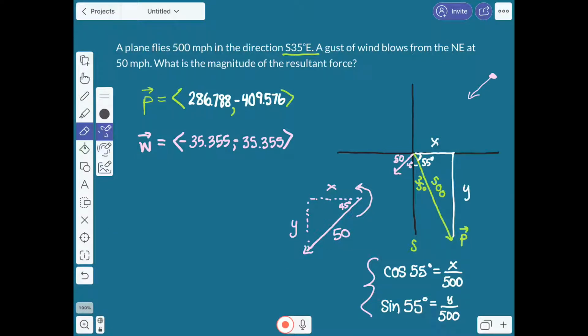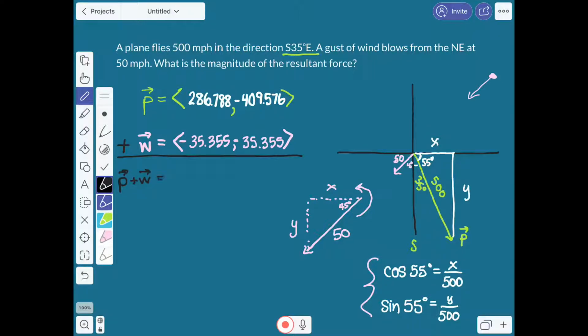So step 1, find the vectors to go with. Okay, once we have those two vectors, to find the result of those two vectors, we will add them together. What happens when the wind hits the plane? So plane plus wind equals, and we're just going to add the x plus the x and the y plus the y's,